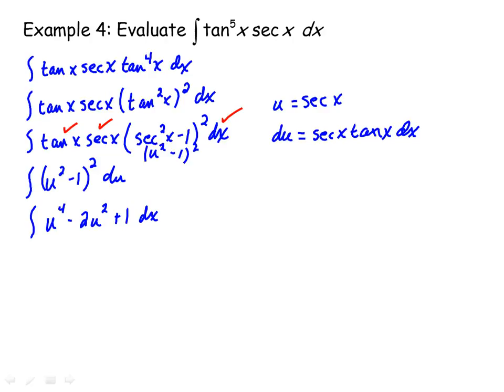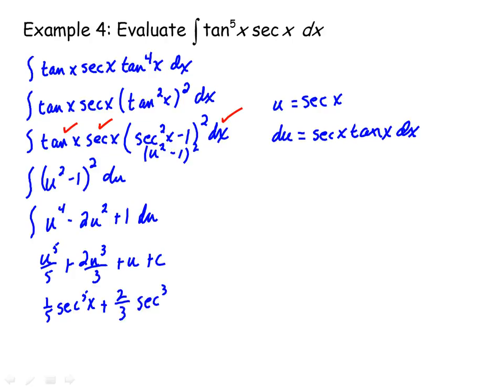Alright, let's do u, not this. Integrate. So we're going to have u to the 5th over 5 plus 2u to the 3rd over 3 plus u plus c. Substitute back in, so we're going to have what? 1/5 secant to the 5th x plus 2/3 secant to the 3rd x plus secant